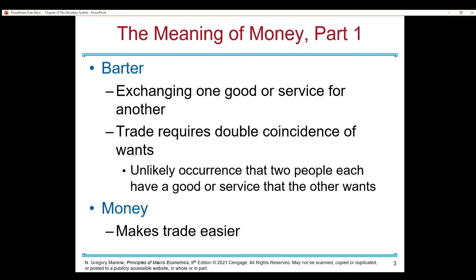When you buy a pair of shoes, the shoe salesman is happy to take your paper dollars. That's a little strange, right? He'll give you shoes that you can use to run, to walk around in, to protect your feet for just some paper rectangles. I think that's pretty odd. Why would the shoe salesman participate in this trade, in this market activity?